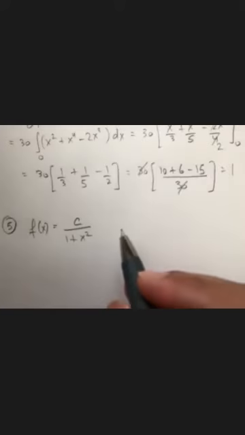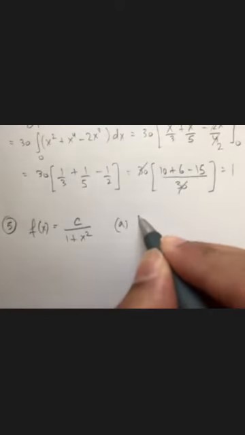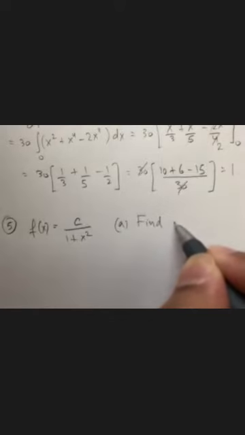So here f of x is given to be some constant c over 1 plus x squared. And part A is for what value of c is f a probability density function. So part A, find c